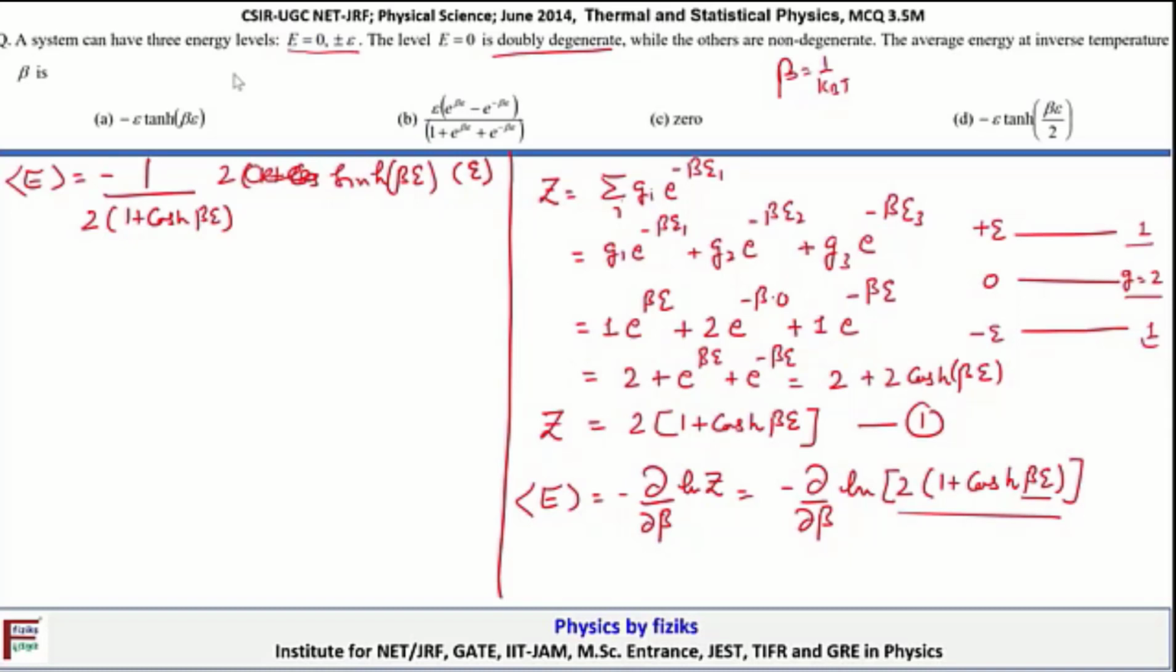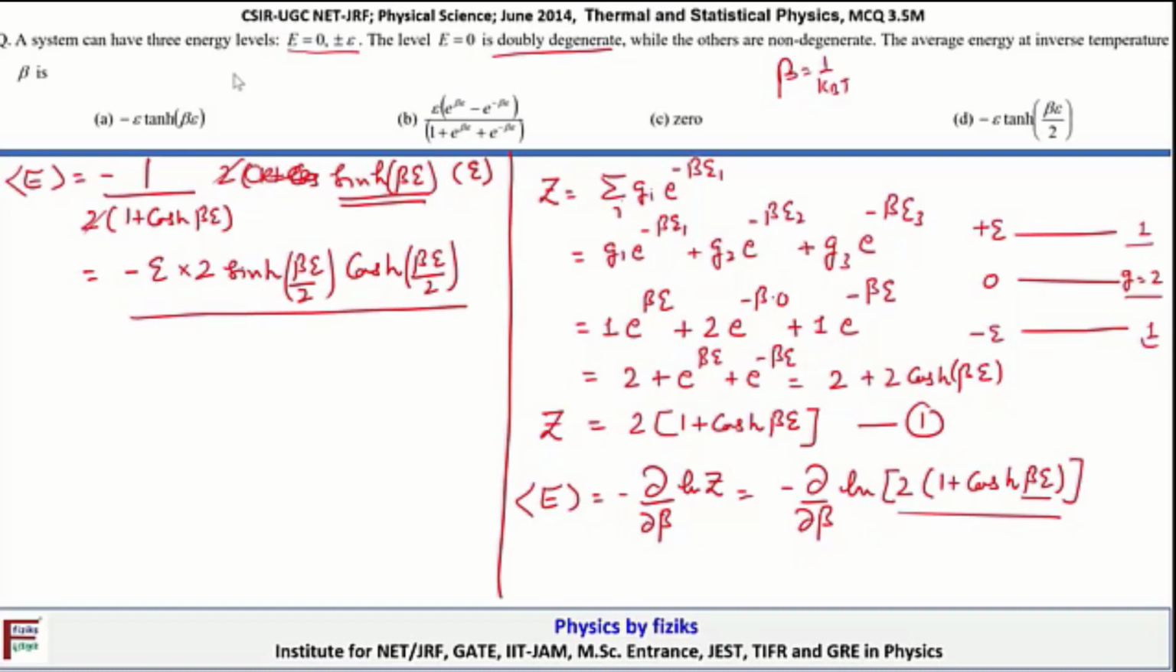Okay, so now upon rearranging all these terms we will obtain, so 2 will cancel with 2, and this is equal to minus e sine hyperbolic beta e. I can write sine hyperbolic beta e as 2 sine hyperbolic beta e by 2 multiplied by cos hyperbolic beta e by 2,